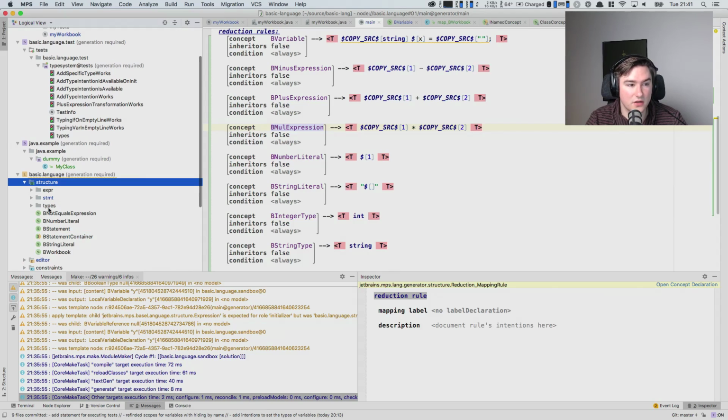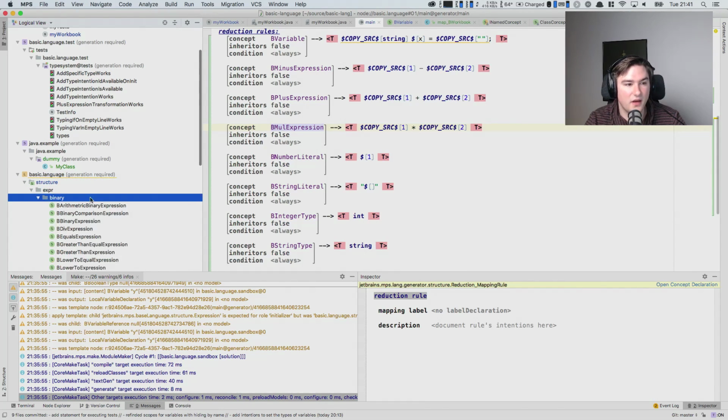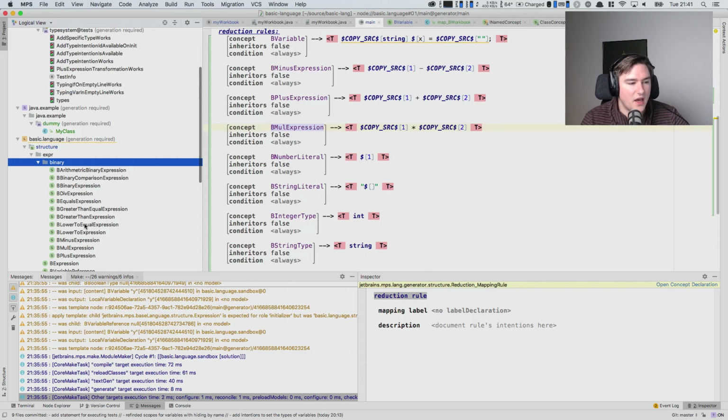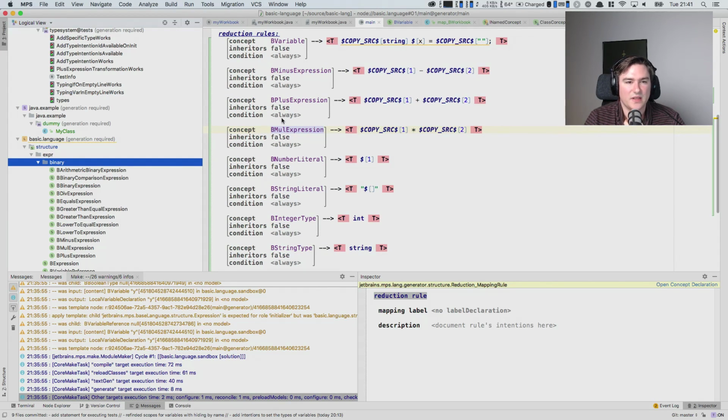If we take a look at the structure aspect of our language, we can see that there's quite a bunch of binary expressions which we would need to have. But as this is all more of the same, I would not like to do this on stream. I will do this after the stream in, I don't know, 10 minutes, adding all of these reduction rules for the individual expressions, so that we don't waste more time on that at the moment. But what I would like to build today as the last thing is